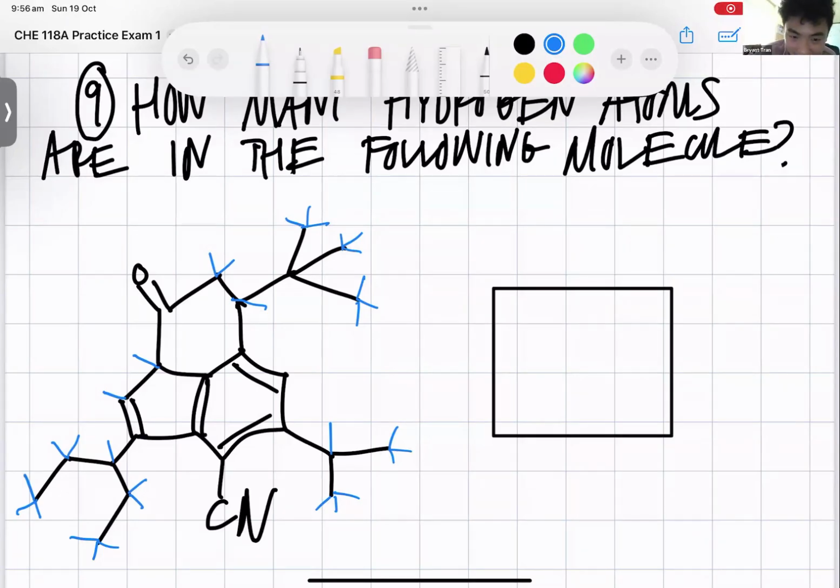Are you sure? Yeah, look at the benzene ring. Look at the top right. That one right there, because that carbon only has 3 bonds to carbon and 1 invisible bond to hydrogen. The other carbons in the benzene are already bonded to 4 different carbons. Oh, I see. But then why is there no hydrogen? Oh, because of the double bond? Yeah. So it's 32 in total. 33. 33? Okay. Yeah, 33.